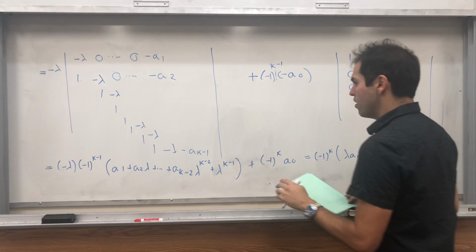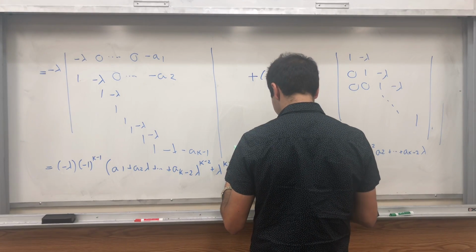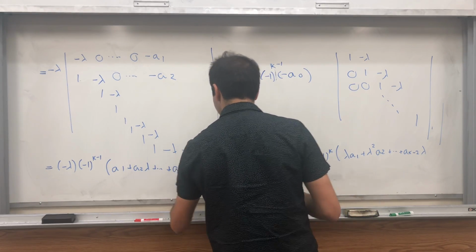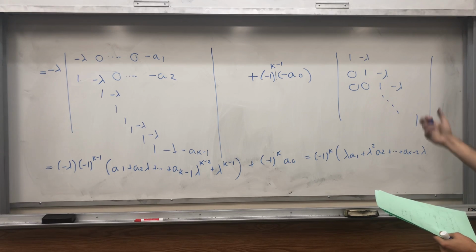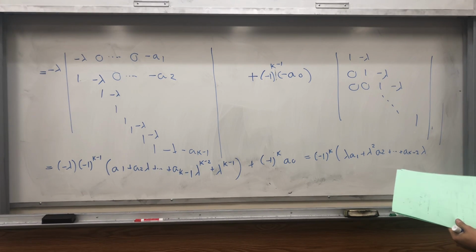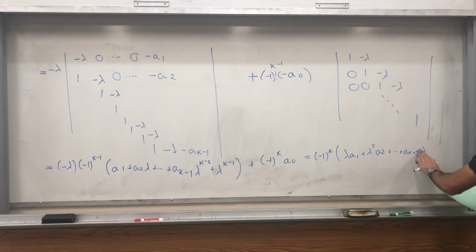Oh, so yeah, a1 is still a_{k-1}, I think. Yeah, here, a_{k-1}. Yeah, because you're starting with a1 and then you're going up to, yeah, okay. And then what we have, a_{k-1} lambda^{k-2}